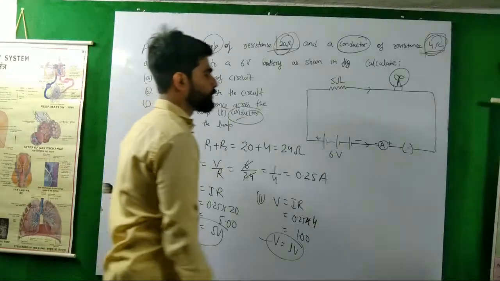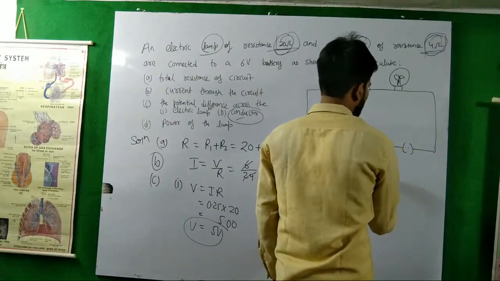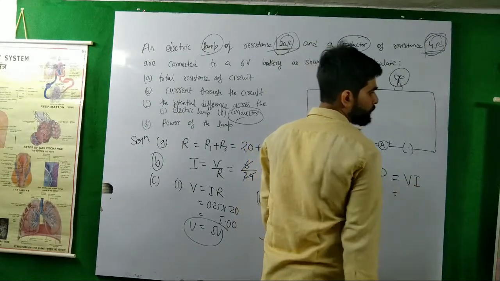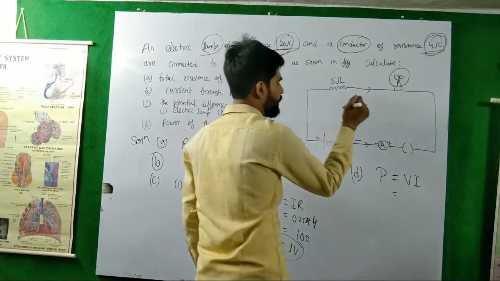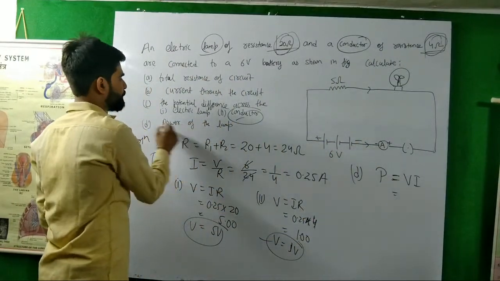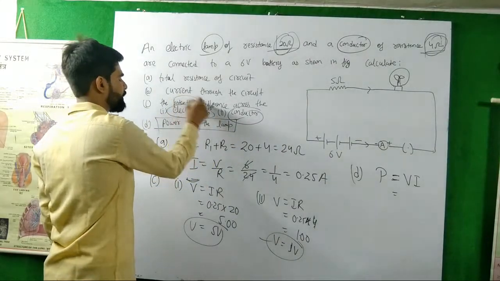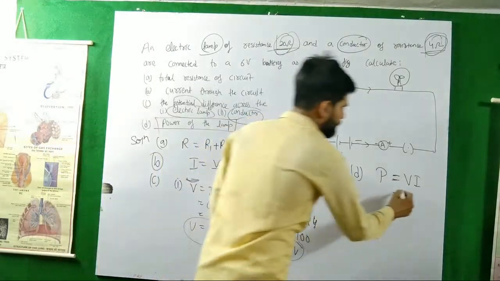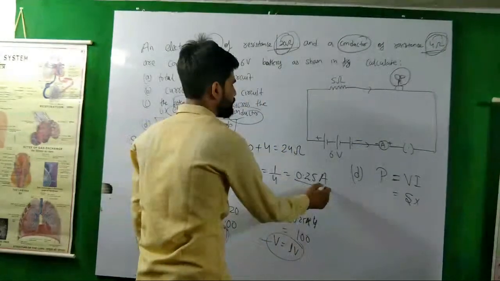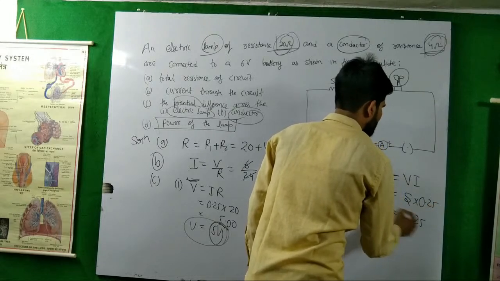And the fourth question, D, is power. We know very well the formula of power, P is equal to VI, and the value of V is the given voltage for the lamp. Firstly, we find the electric lamp potential difference, which is 5 volt. Now we put 5, and the current in the circuit is 0.25. When we multiply, the value of power is